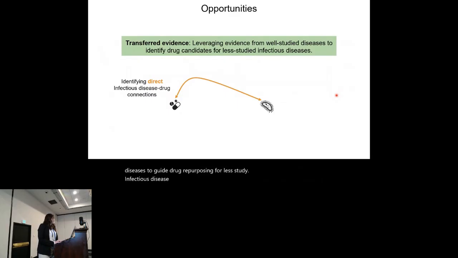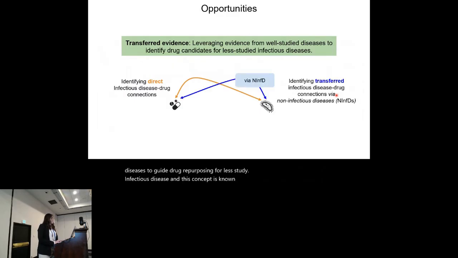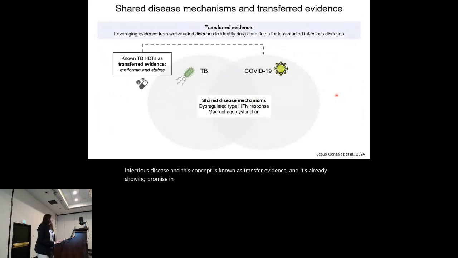And this concept is known as transfer evidence and is already showing promise in practice. For instance, TB and COVID-19 share dysregulated type 1 interferon response and macrophage dysfunction. And TB HDTs like metformin or statins are being investigated for COVID-19 due to their